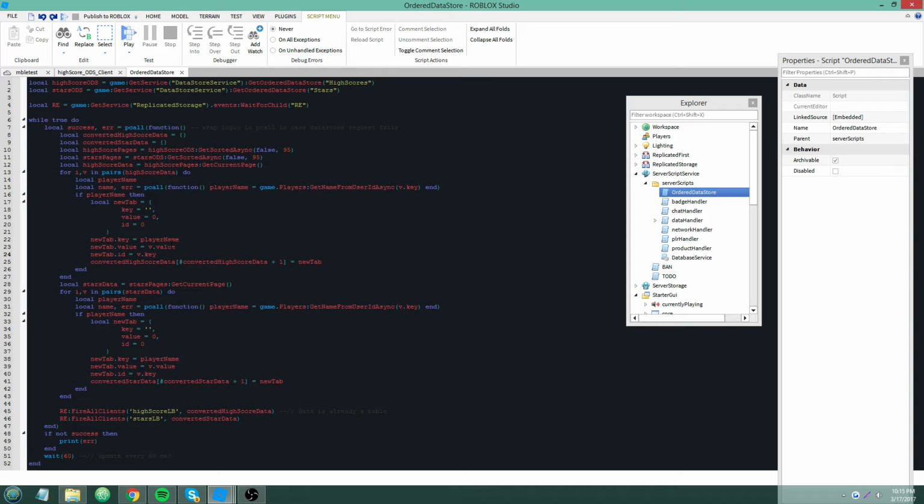So the key is going to be the player's name. The value is, we're going to grab v.value and v.key from the HiScoreData pages object. Okay, you guys know what I'm talking about. This is the value, whatever we're saving. In this case, it's an integer that represents their high score in the game, and v.key is their user ID.